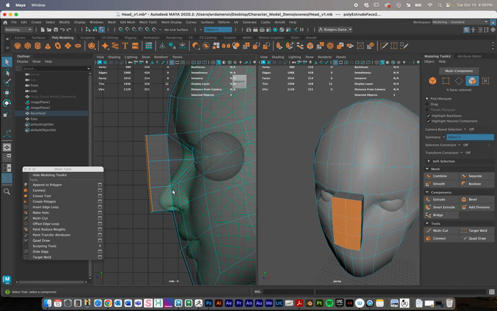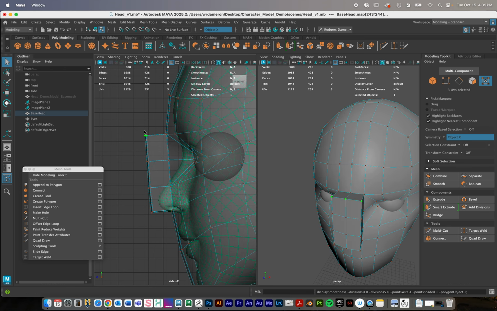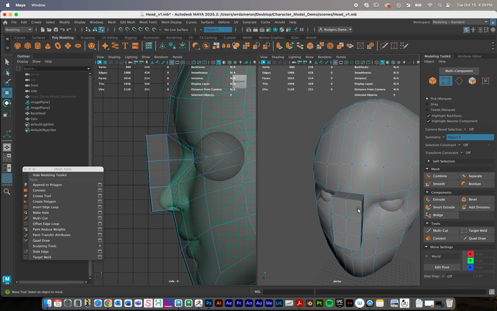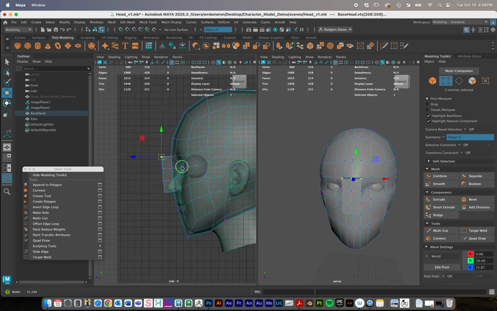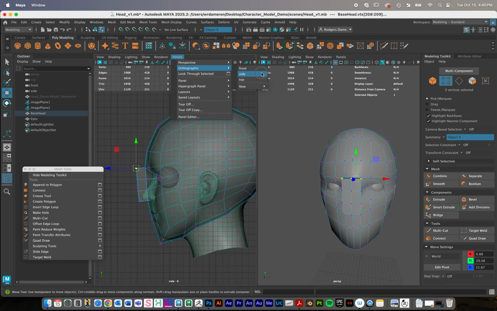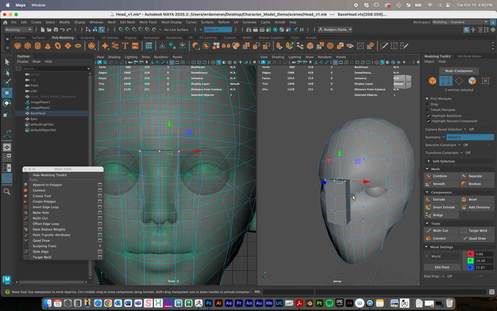So I have this from the side view. This might be a good time to press 3 on your model so you can see what's going to eventually happen here. I'm going to stay on 1 just for a beat here. I'm going to select these vertices and press W, and oh yeah, let's do this from the front view. Sorry about that. Okay, so panels, orthographic, front, and I'm going to select these edges right here